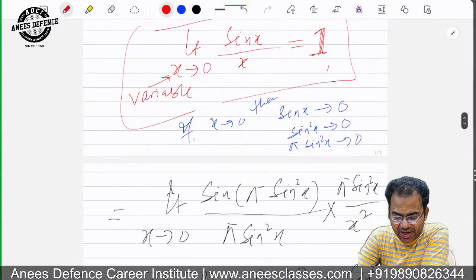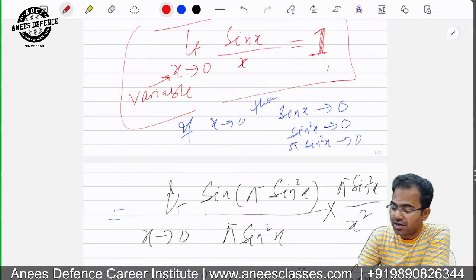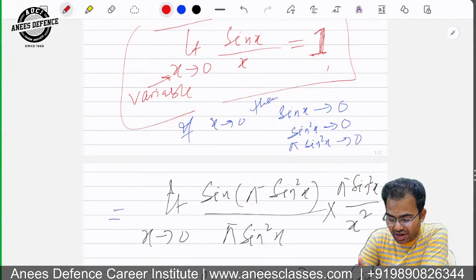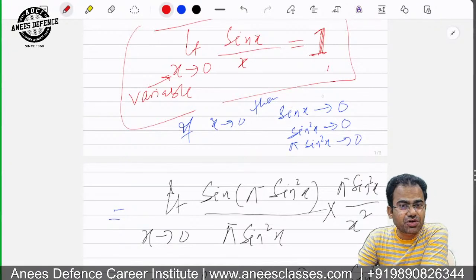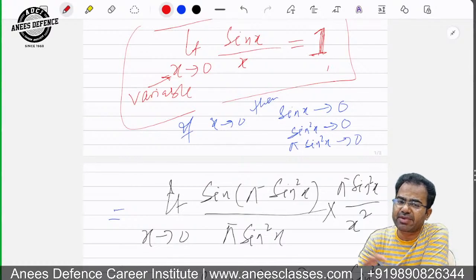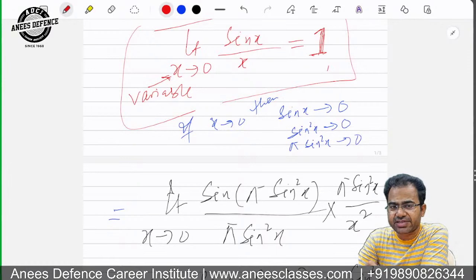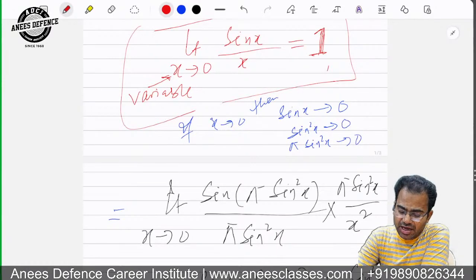अब मैंने एक चीज प्रूव किया कि अगर मेरे पास x टेंड्स टू 0 है तो आप साइन x 0 लिख सकते हैं। साइन x टेंड्स टू 0 है तो इसका स्क्वायर भी टेंड्स टू 0 होगा। अब वो ऑलरेडी 0 के बराबर है तो उसको किसी फाइनाइट क्वांटिटी पाई से बोथ साइड मैंने मल्टीप्लाई किया तो पाई साइन स्क्वायर एक्स भी टेंड्स टू 0 हो गया।